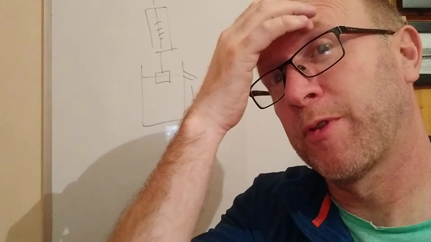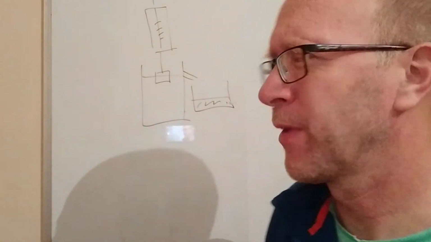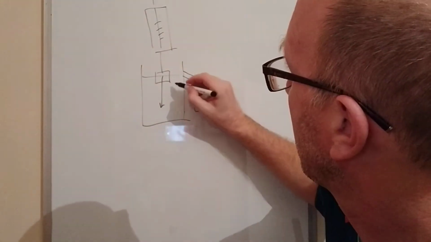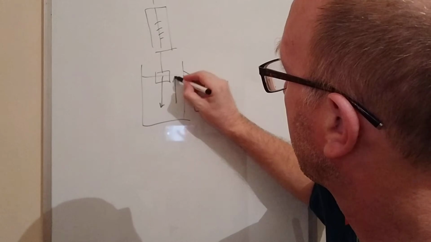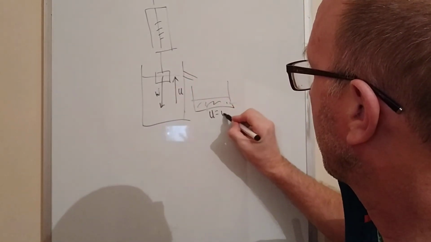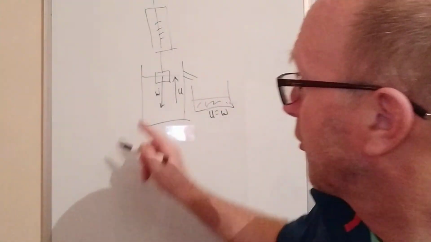For the law of flotation, we're talking about a special case when the body is floating. Now, if the body is floating, think about it. It has a weight down. It has an upthrust up. The upthrust is equal to the weight of the water displaced. We're happy with that from the definition. But if it's floating,